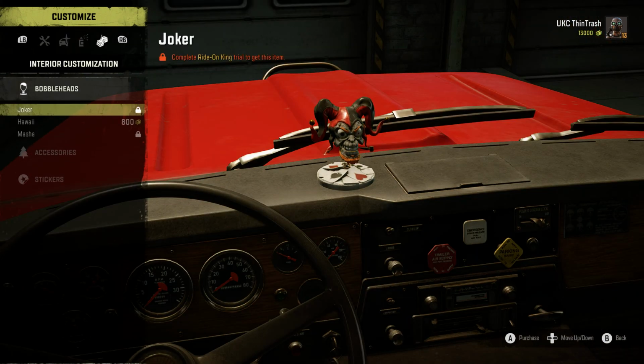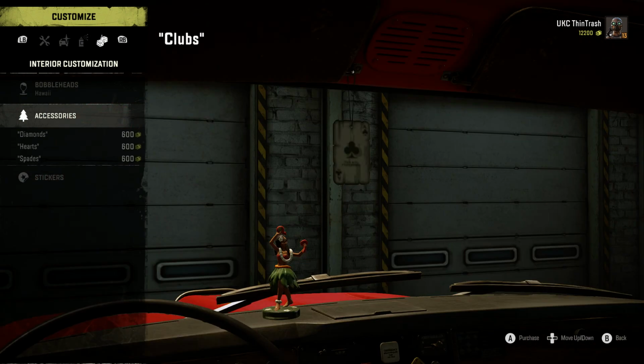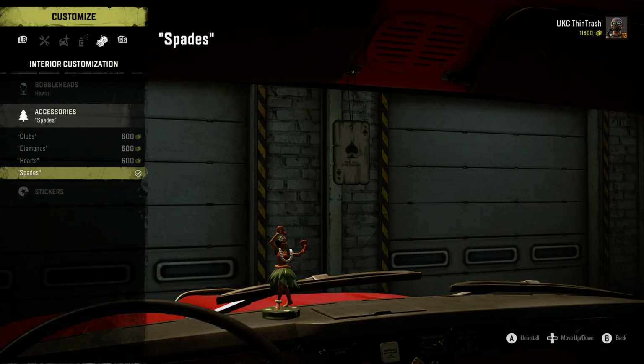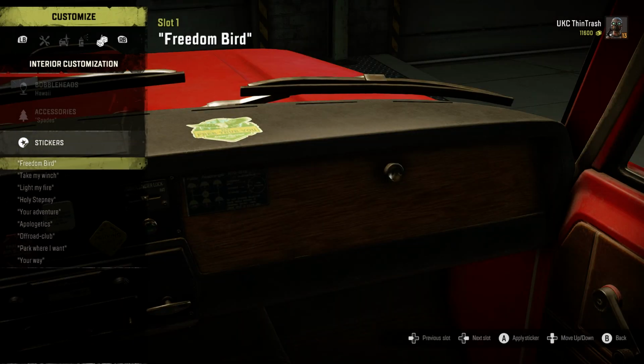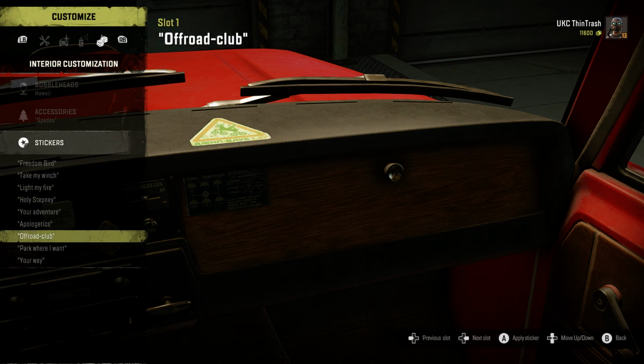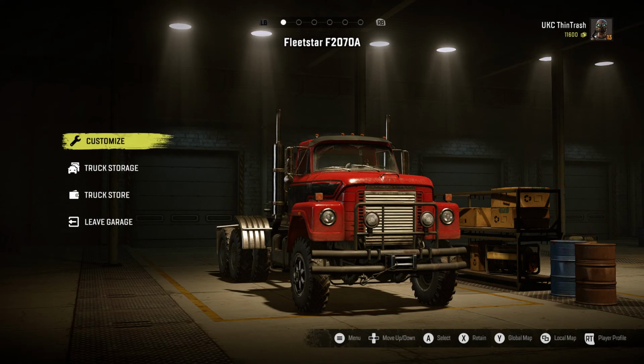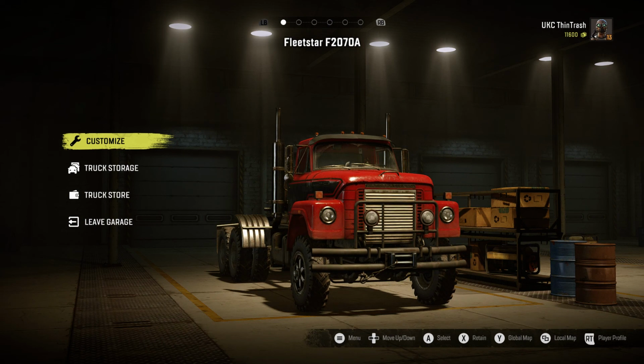Now, we do have interior customization, although I've not unlocked much. We'll have Hawaiian Lady for 800. We'll go for the Ace of Spades. Hanging. Must be the air freshener. And then we got stickers. We'll go for the Park Where I Want sticker, I think. We'll have a bit of that. There you go. We have customized our interior. I'll see you back on Island Lake because I can't imagine we're going to have any trouble getting back across